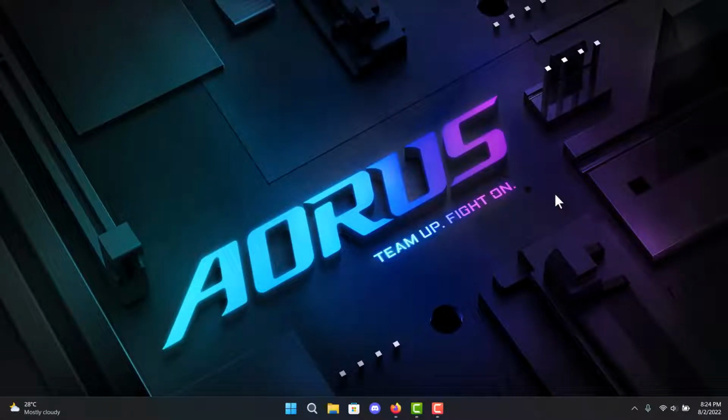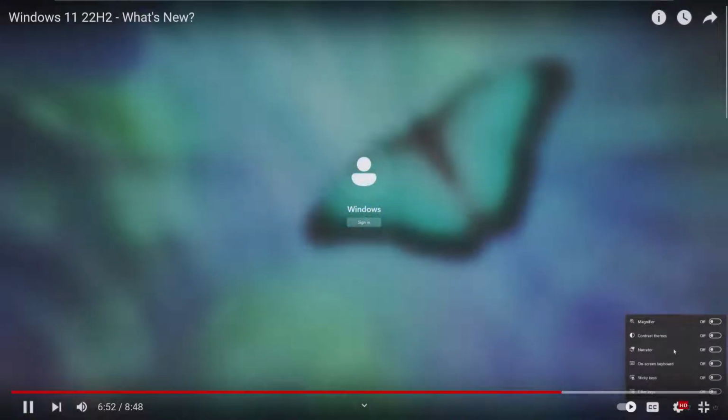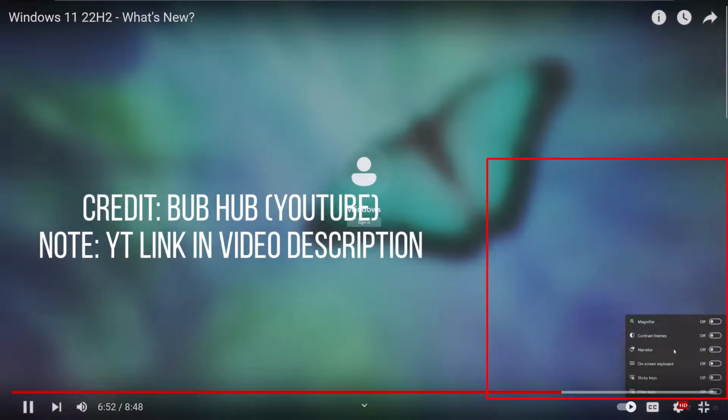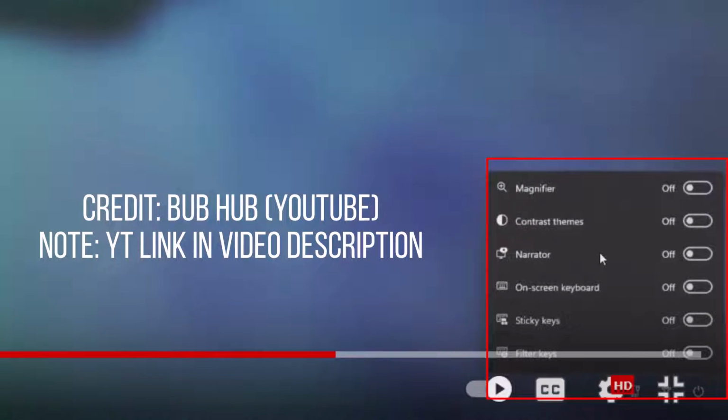Now the lock screen app has been updated with the new icons for, I think, the Wi-Fi, etc. But unfortunately I cannot get this. If I have to log off my account, the Camtasia recording will not continue. So sorry about that. But I will have a screenshot on the screen once I edit it, and it